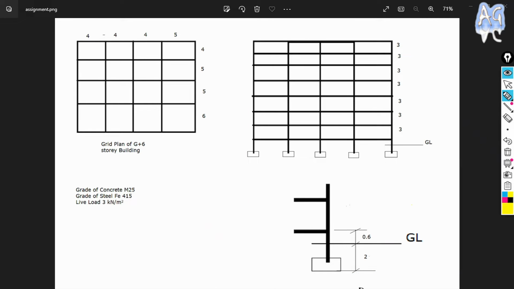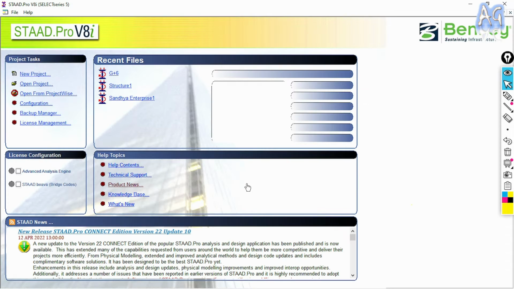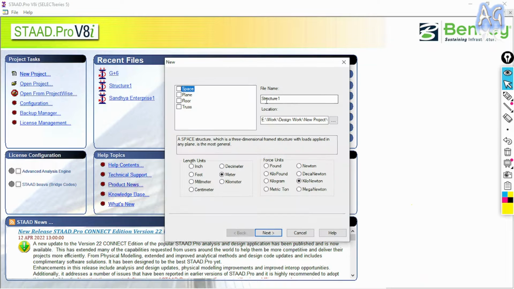Now I am going to open STAAD Pro software. I am using STAAD Pro version 8 and series is 5, so you can also use a higher version, no problem with that. So now I'm going to start a new project here. So click on new project,